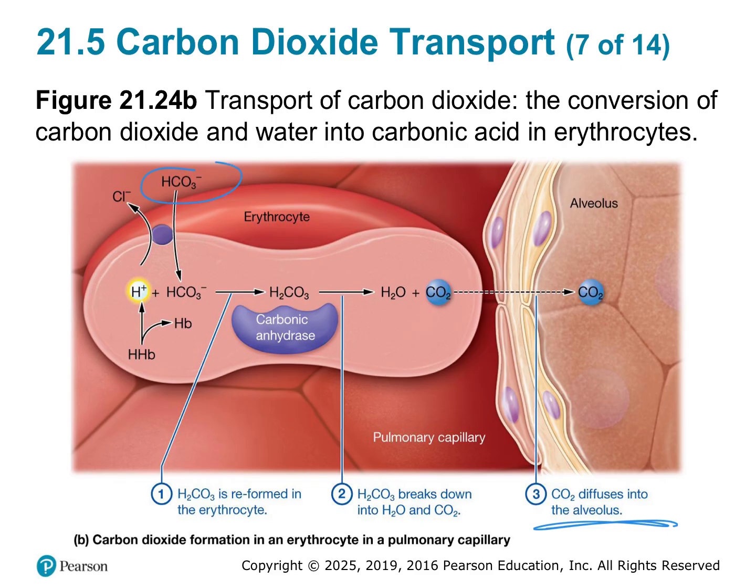We have our bicarbonate ion that was in the plasma is now going to enter into the red blood cell, and we have that chloride shift again. So bicarbonate ion enters, chloride leaves. The hemoglobin's going to let go of its hydrogen ion, so we have hydrogen ion and bicarbonate ion, so we can reform the carbonic acid. That breaks down into water and carbon dioxide diffuses from the blood into the alveoli so it can be released